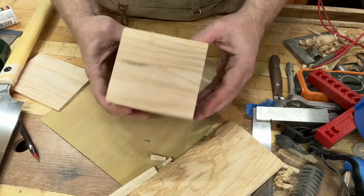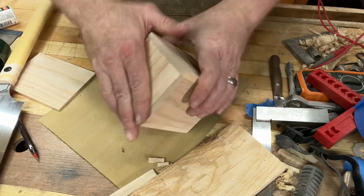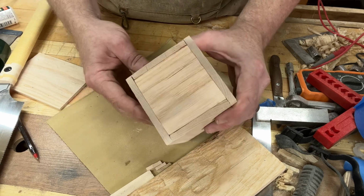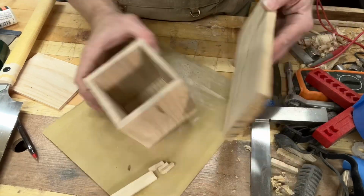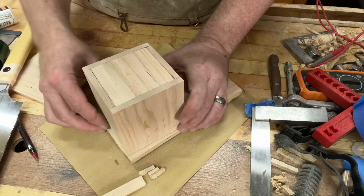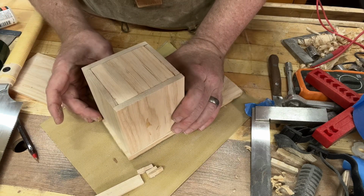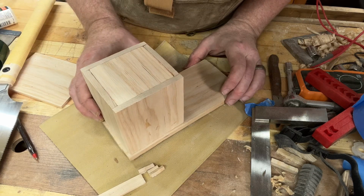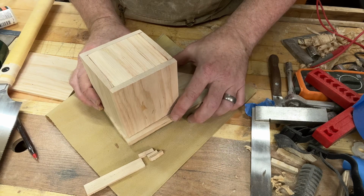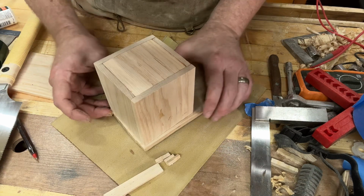Right, so I've just gone over the whole thing with some 80 grit sandpaper, and it's looking a bit ropey, but would it do for holding pens and pencils and stuff? Of course it would. So now what we want to do is get the top. Now what I've not thought about is how I'm going to attach the top, but we will worry about that later. What I'm going to do for now is leave an ever so slight overhang at the front there, and then I'm going to draw around it